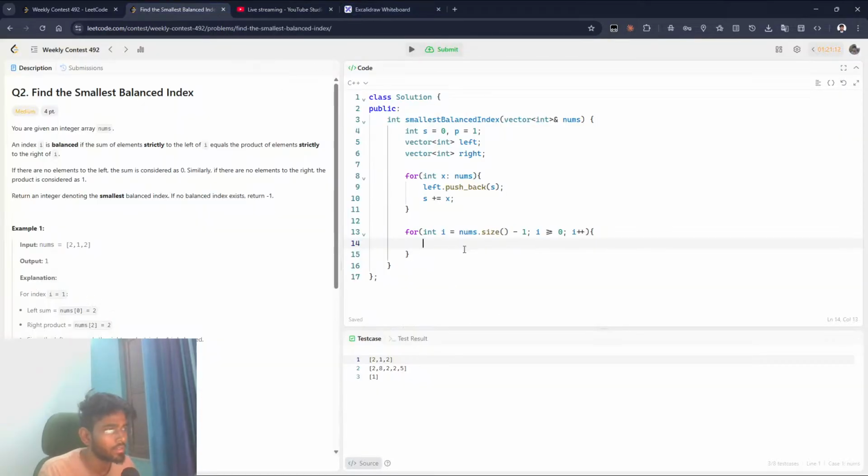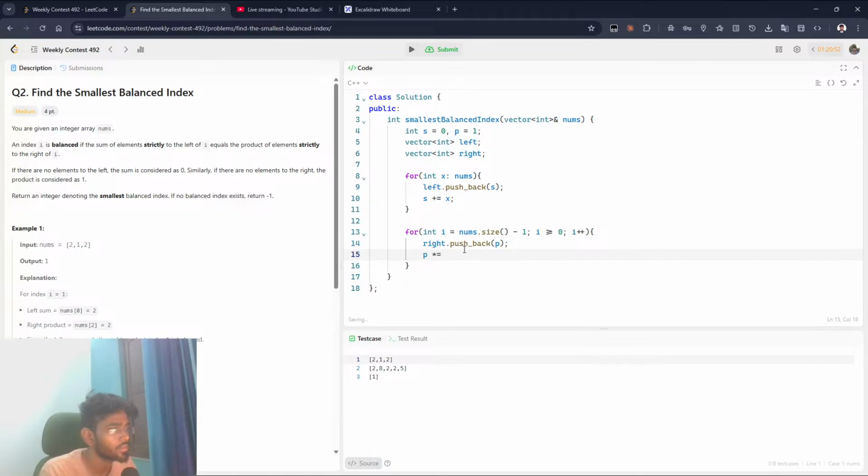Okay. So right dot push back, right dot push back this product